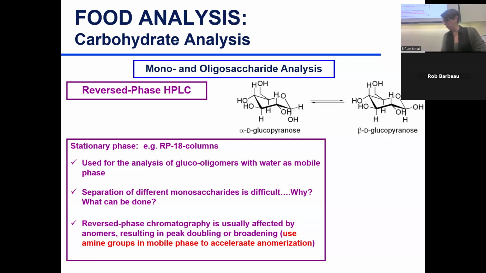Now, another issue that I have here is that you have isomers sometimes, anomers, we call them, of some monosaccharides. If you add an amine group or an amine compound, it will shift them to one form. Then you won't have split peaks. But that's